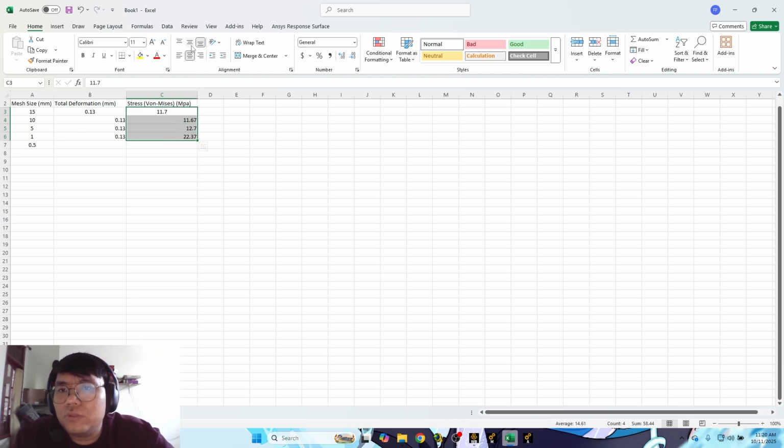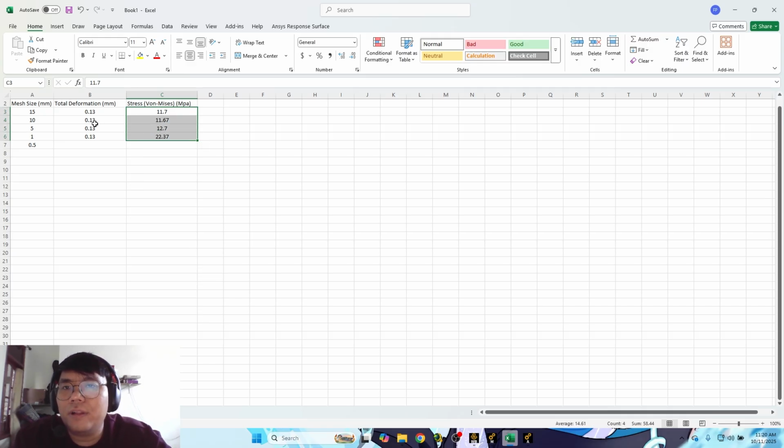But as you can see in the stress results, the tinier the mesh that we apply to our component, the more the stress results increase.